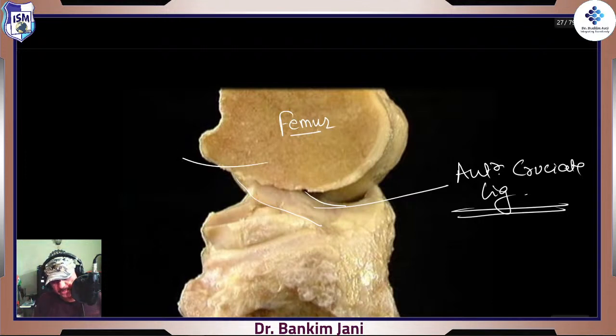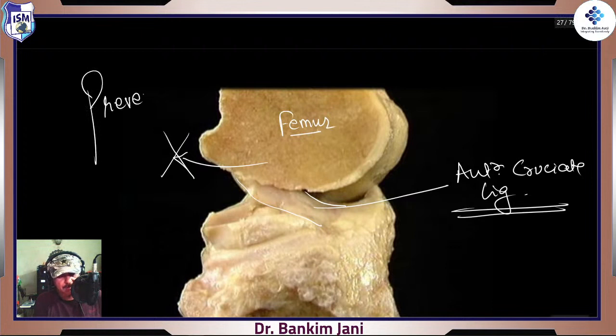Femur might slip off if there is no one to hold it. So that is where the anterior cruciate ligament will act like a big strong rope. What it will do is it will prevent the femur from backward movement. So we'll say in big that it prevents backward movement